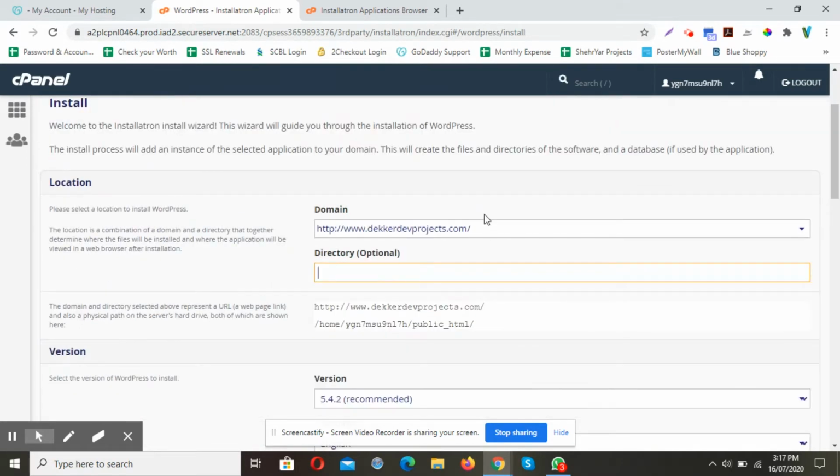You need to actually build a website for your use. So I'm going to add a directory because the root domain was dev project, and it already has a coming soon page affiliated with it.